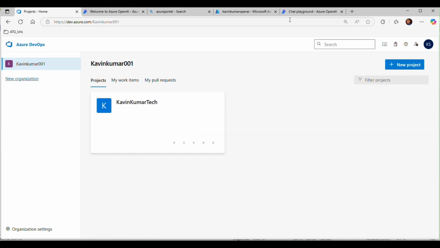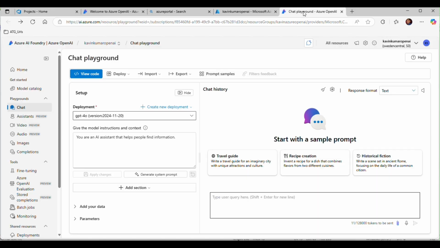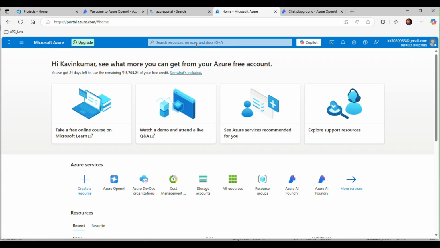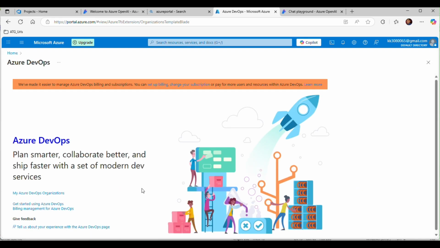This is the DevOps which I've created. I created one project, and I'll show you how to create DevOps projects. I'm going to home now. Search for Azure DevOps organization. Here you can find my Azure DevOps organization. Click on it,